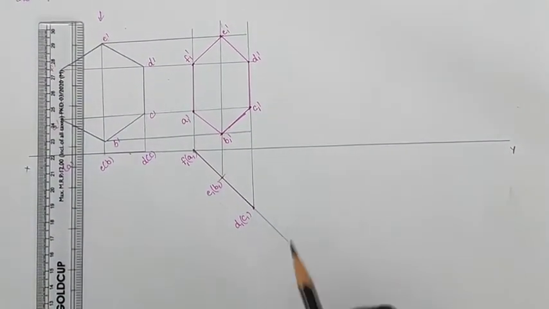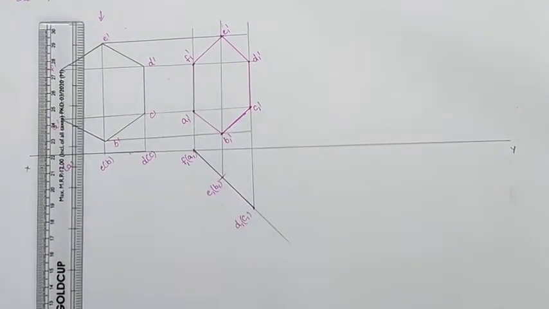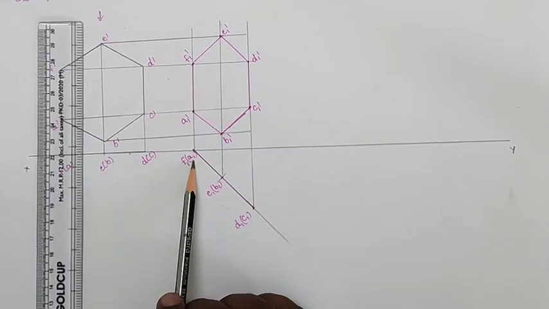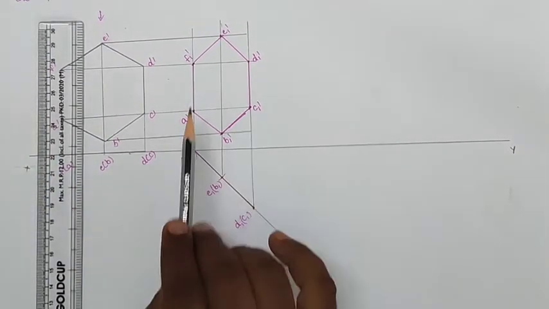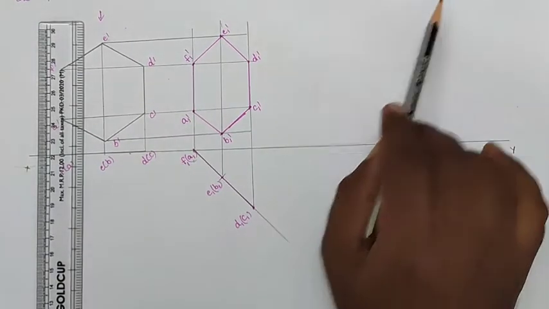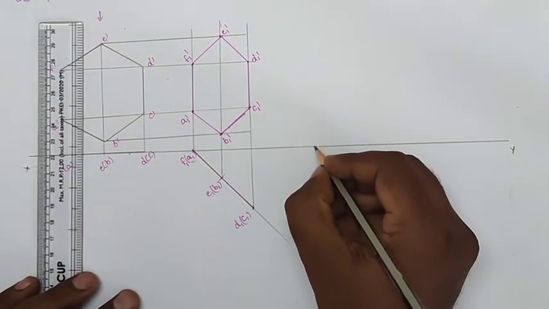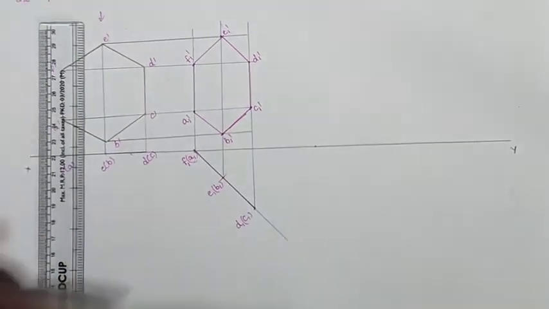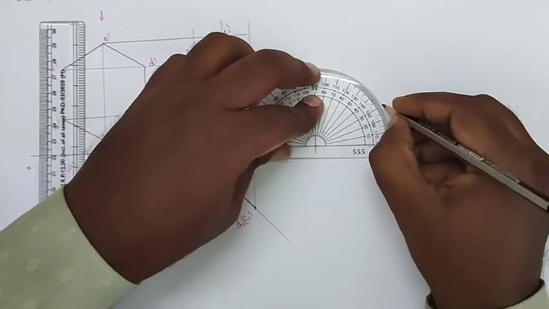After drawing the second front view, now we will go to the edge inclination, the edge which is resting. So which edge is resting here? FA edge, F dash and A dash edge. So that F dash and A dash edge is tilted with an angle of 30 degrees here. So locate a point on the reference line. I am drawing the 30 degrees inclined line.